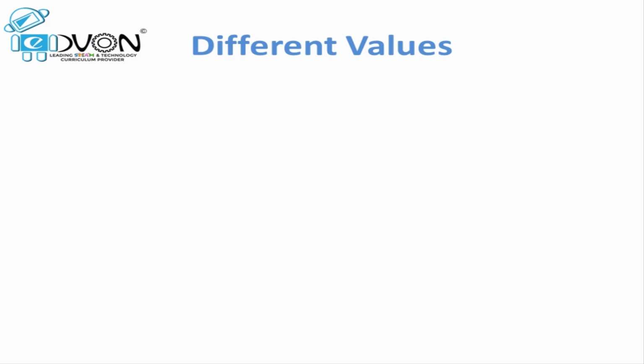Hello everyone. Let's start our second topic of the day, which is different values. What does the word different indicate? Maybe you say not similar or unlike each other. In finger maths, different values are those values that have different numbers of tens and different units, unlike similar values. Let's look at a few examples.